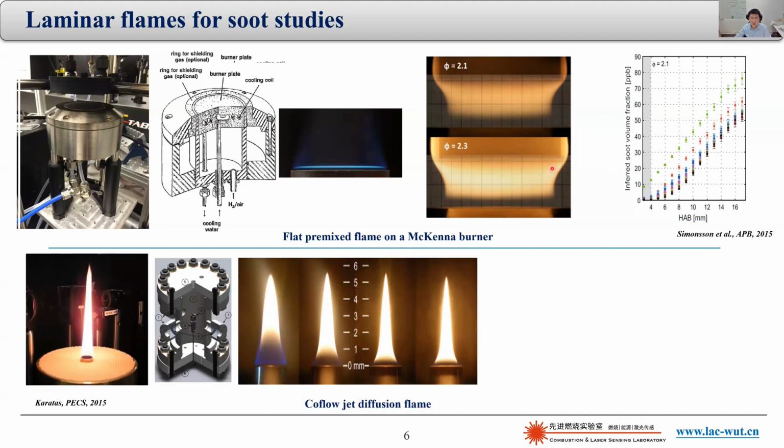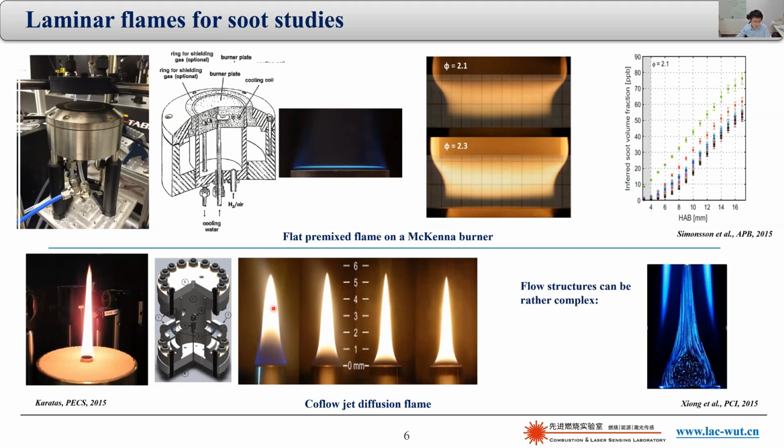So I think the largest portion of soot studies are done using co-flow diffusion flames, which are very easy to establish. And this type of flame can also be easily installed in pressure chambers, so you can study the effects of pressure on soot formation. But one thing that is probably not so nice is that this type of flame is actually two-dimensional, and the flow field can be more complex than you prefer. Although the flame looks quite simple, under the hood, the flow structure can be quite complex,